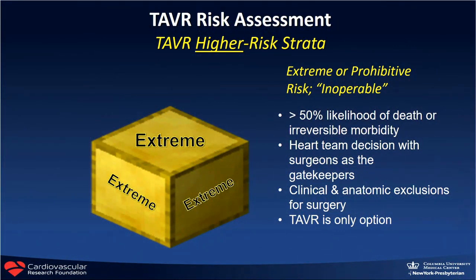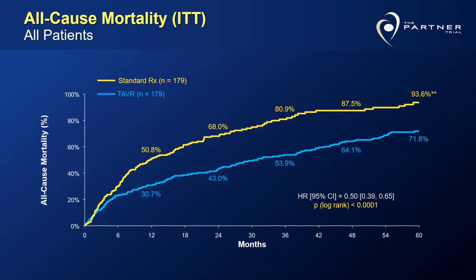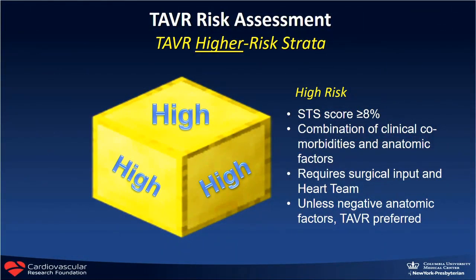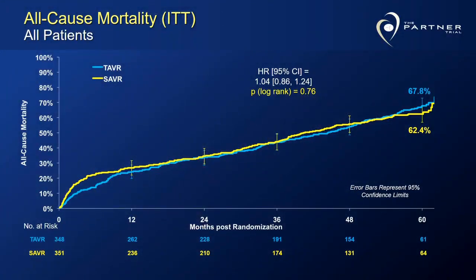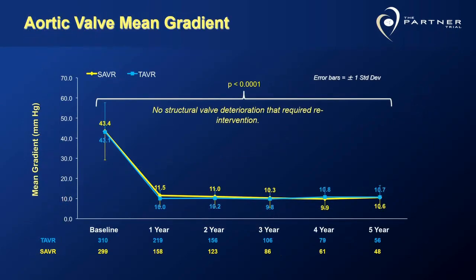So if you look at the extreme risk, just to compare and contrast, medical therapy is not doing well. You have to do TAVR for any patient who is extreme risk. And you can see here the reduction in all-cause mortality. And if you look at high risk, now we're comparing to surgery. And as Mike Mack said, if we are equal to surgery, that's a win for TAVR because it's less invasive. And you can see here that all-cause mortality for the high-risk population is about the same.